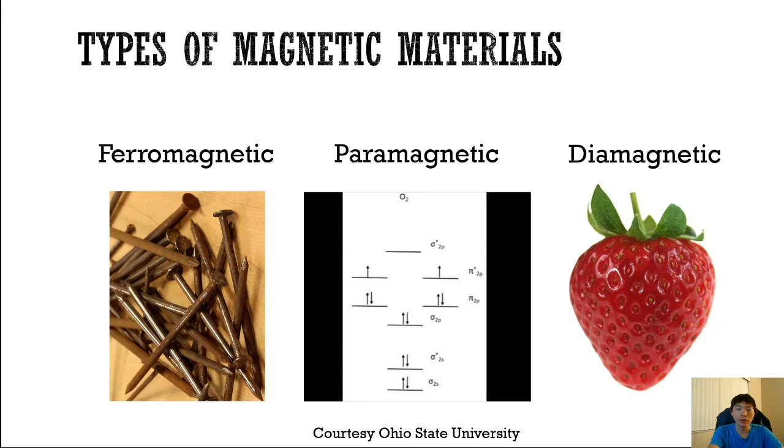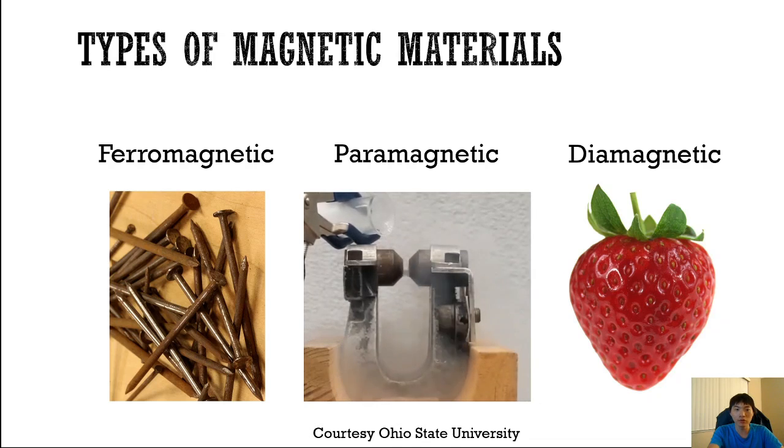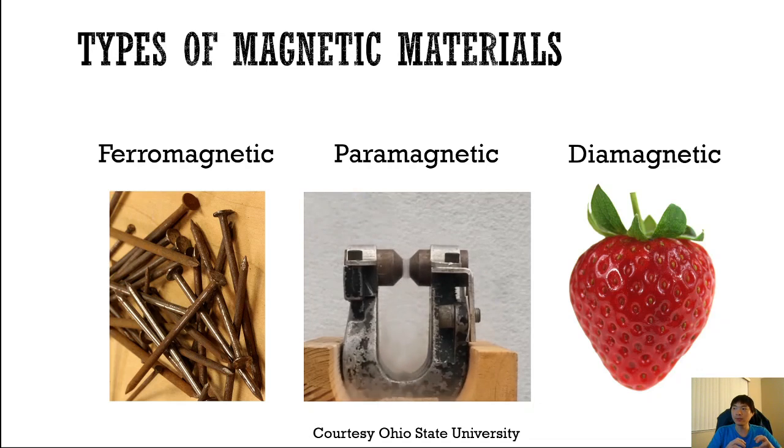So let's have a look at this video, which shows liquid oxygen. This is oxygen gas that's been condensed and cooled down to a liquid. As you pour the liquid oxygen down in between the two poles of the magnet, you actually see the liquid sticking to the magnet. This is our normal sense of what a magnetic material is, that it sticks to the magnet. It turns out molecular oxygen is actually magnetic, but it's not strongly magnetic. So this is an intermediate state that we call